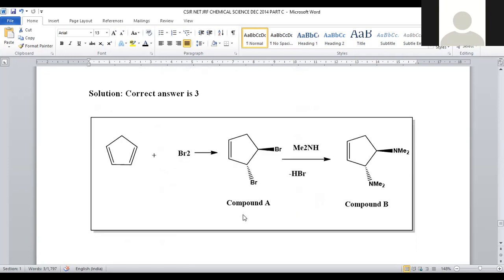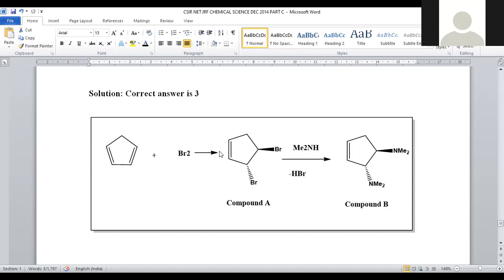Let us see the series of reactions carried out in this. When cyclopentadiene is added with bromine, the double bond will be added with bromine, and here we will get a trans dibromopentene. The name of the compound obtained is trans dibromopentene. Further, it will be treated with dimethylamine. Upon treating with dimethylamine, the 2 bromo groups are now replaced with N,N-dimethyl functional groups. Now it turned into a tertiary amine. This is a tertiary amine, and this is also a tertiary amine. And the vicinal positions got occupied by these N-dimethyl amine functional groups. This will be compound B.